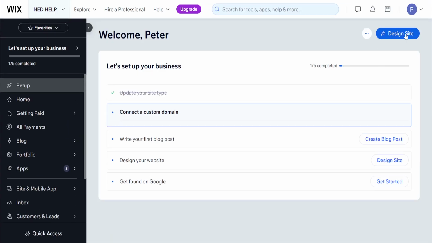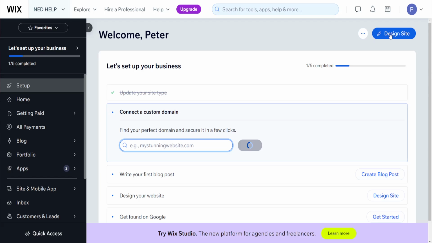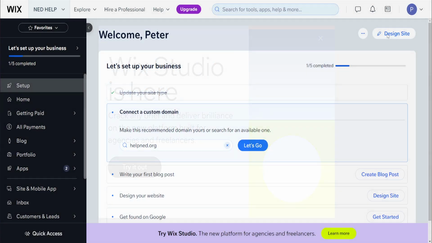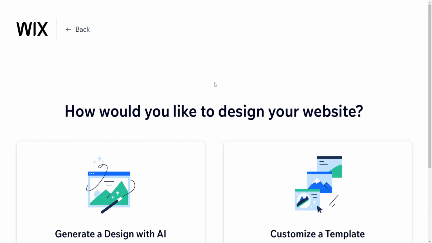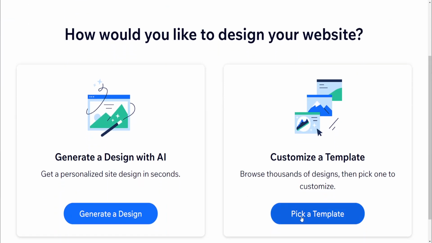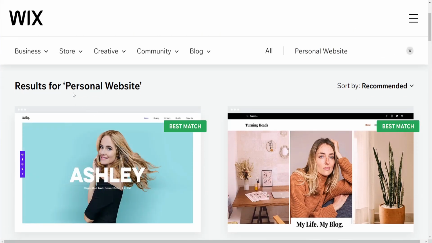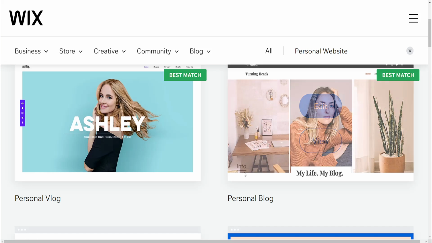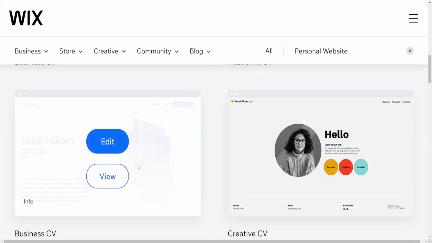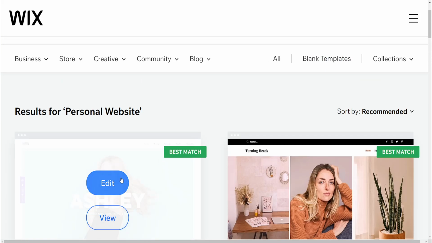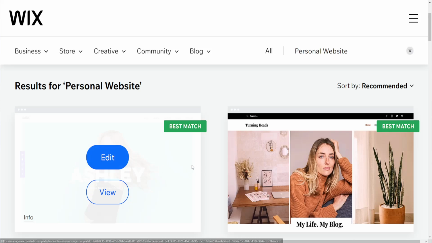Now we will need to choose the site design. So just click on design site right here in the top right, and it's going to load up a bunch of different options from the templates here. So we're going to pick a template, and it's going to match with a personal website. So you can choose whichever design you like the most. I like the first one because it's clean, so I'll just go over to the first one, and if you have selected a design here, you'll just click on edit, and this will begin implementing the specific design to our